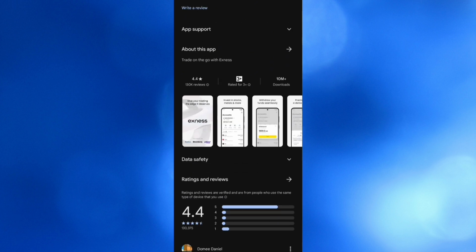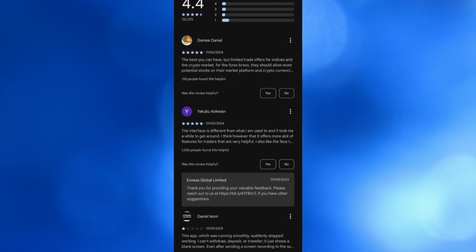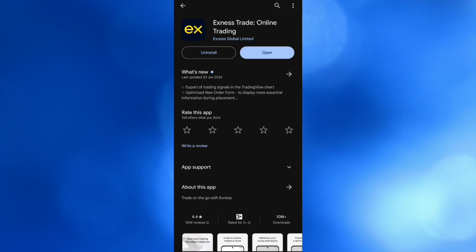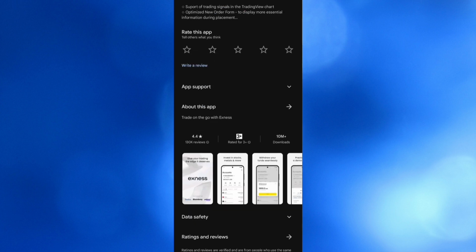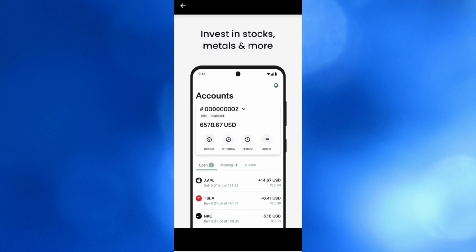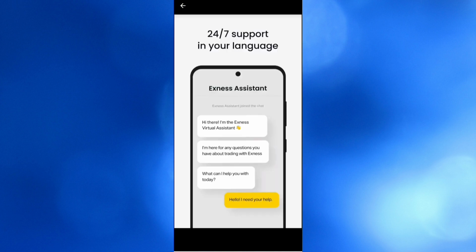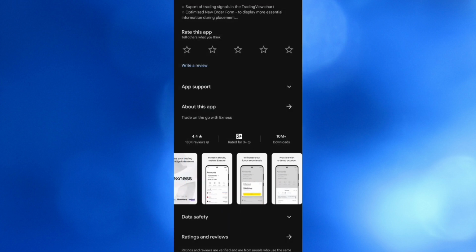But before that, if you don't know what Exness is, it is an award-winning global broker that offers a comprehensive trading experience for both novice and experienced traders. With a focus on transparency and user-friendliness, Exness provides a wide range of trading instruments including forex, cryptocurrencies, metals, energies, and